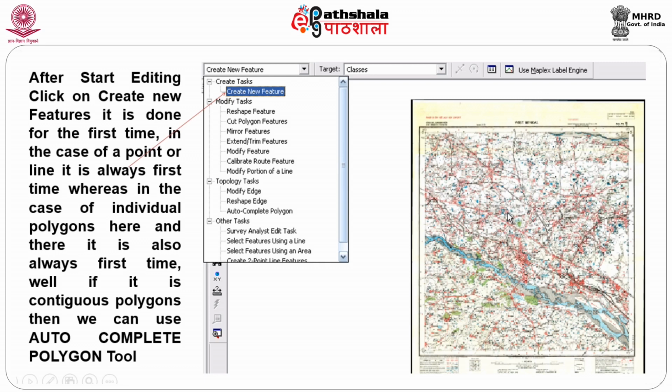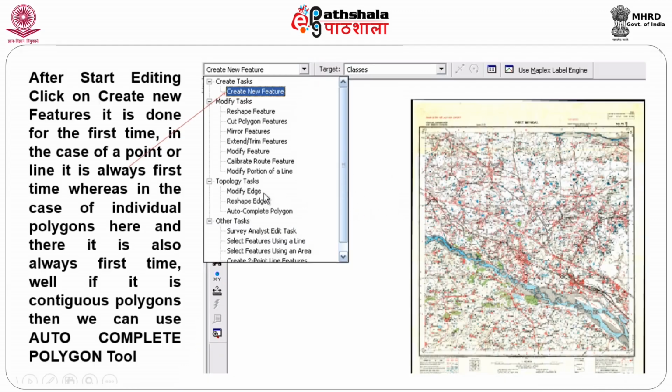So, I will ask the system to do an auto completion polygon. I just start from here, go around, then come back here and double click here, and this will close. So, this is the process. Please note, I am not interested in teaching you how to digitize. That is a simple thing you learn by experience. What should not be done and what should be done is the purpose of this talk.